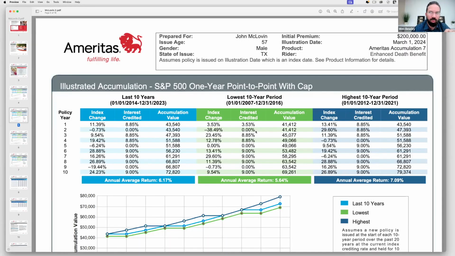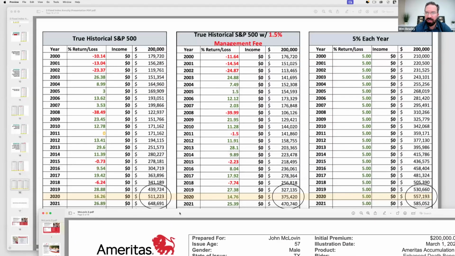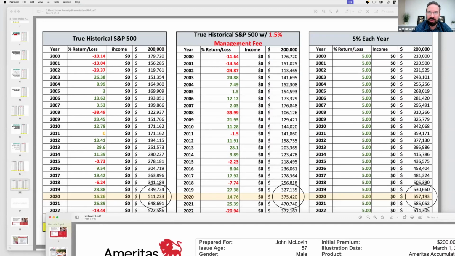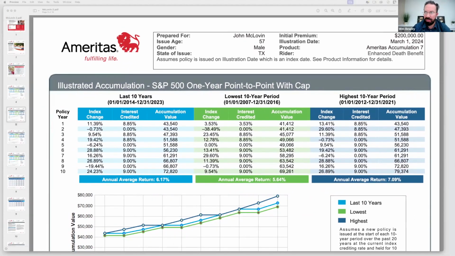You never lost $1, while most people who had 401ks and traditional Roths at that time saw almost a 40% hit. And real quick, let me just show you this 38.49%. So if we come back over here, true historical S&P 500 in 2008, it was a 38.49% loss. And I just want to show you that so that you know I'm not changing it to make it look better or worse. I'm just showing you it's the same thing, except our clients didn't lose 38.49% of their money.